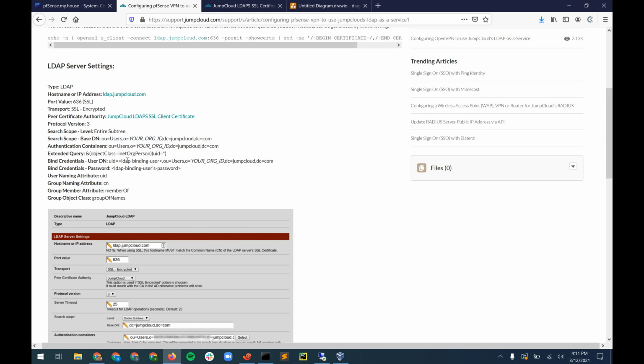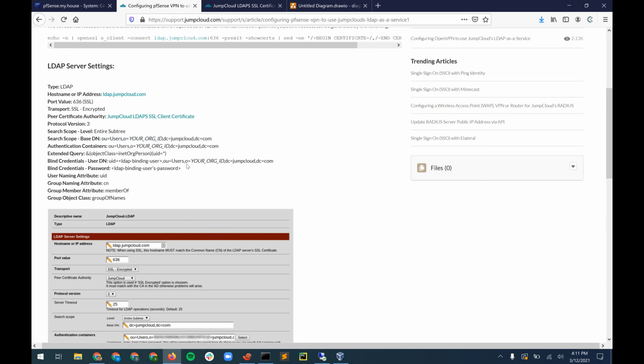So you can use your administrative user ID to bind to LDAP if you'd like. I don't recommend that because if your administrative ID ever gets deactivated for some reason, anybody that's trying to authenticate with LDAP will say, hey, I need to communicate with LDAP. Your credentials make pfSense possible that user can connect to LDAP, JumpCloud's LDAP. So if your user credentials get blocked, it'll fail. So I recommend creating a specific user for LDAP binding, which you will need to do